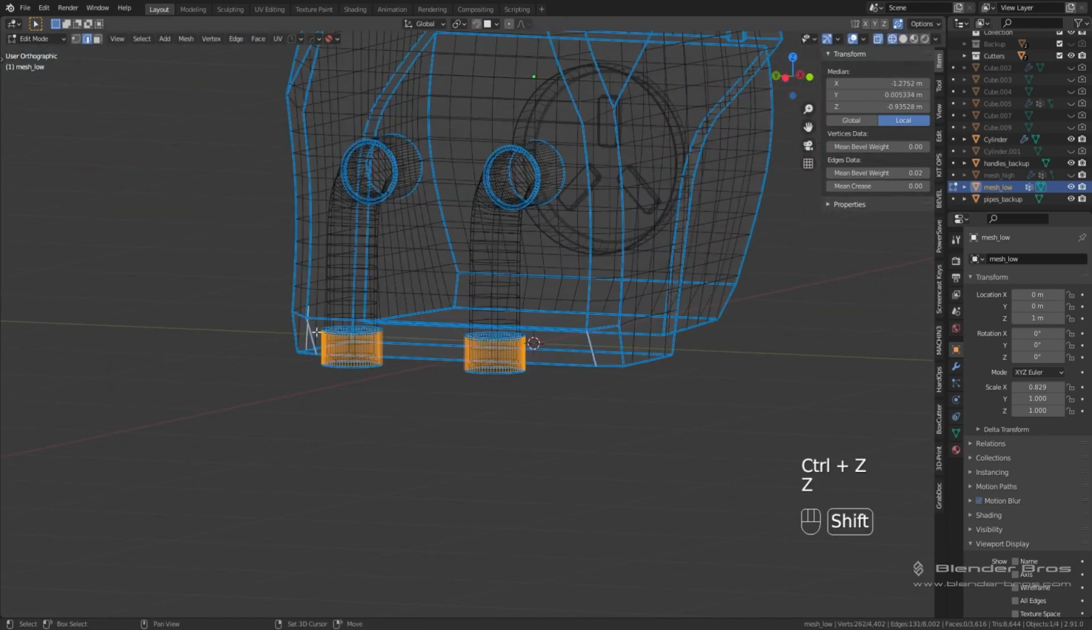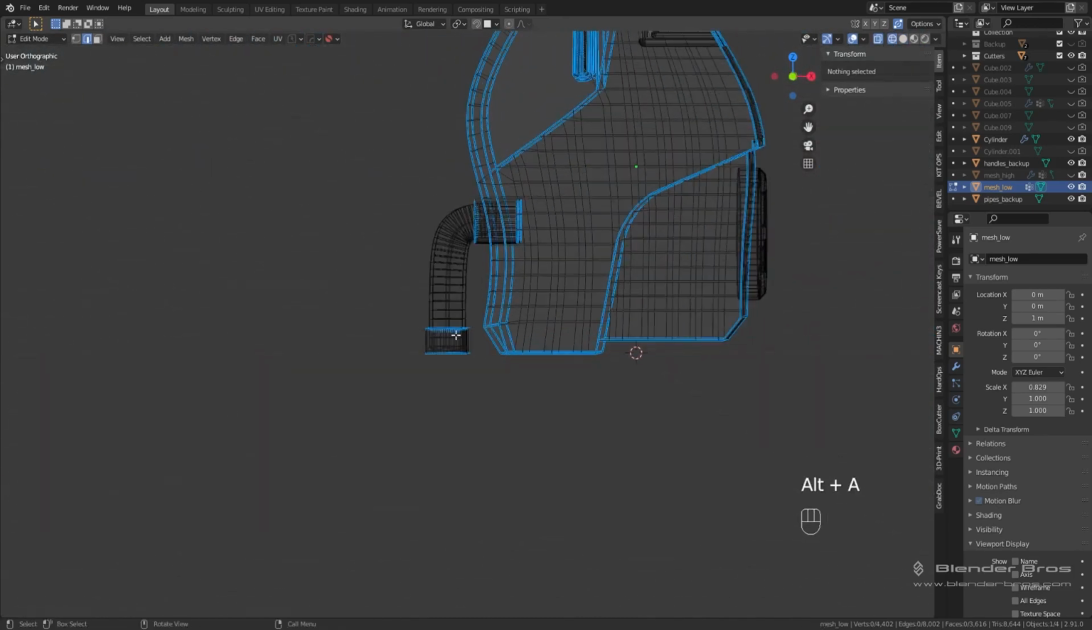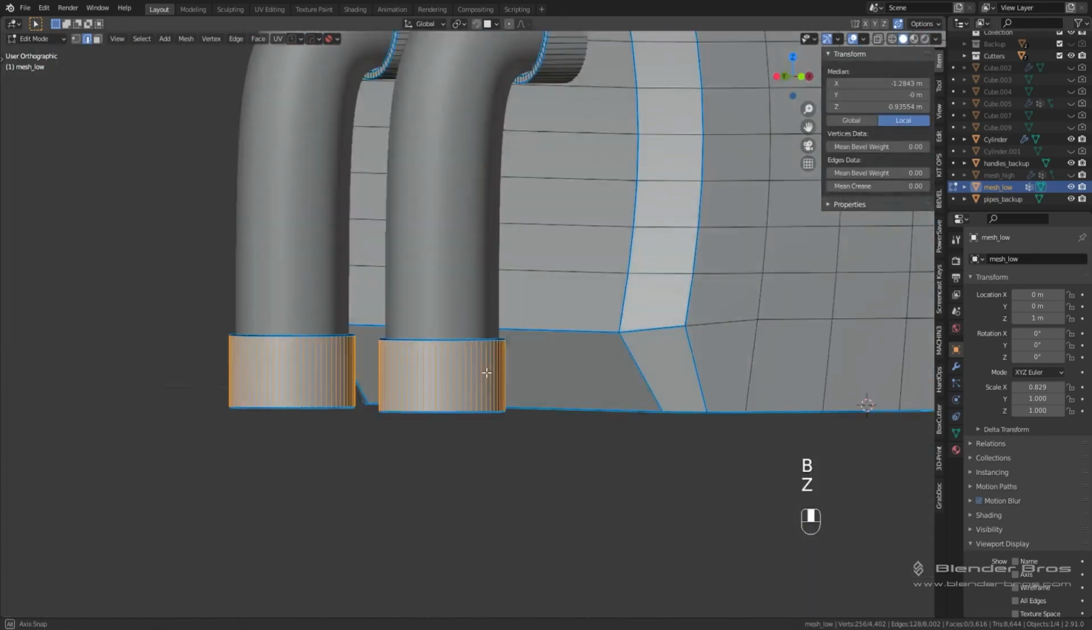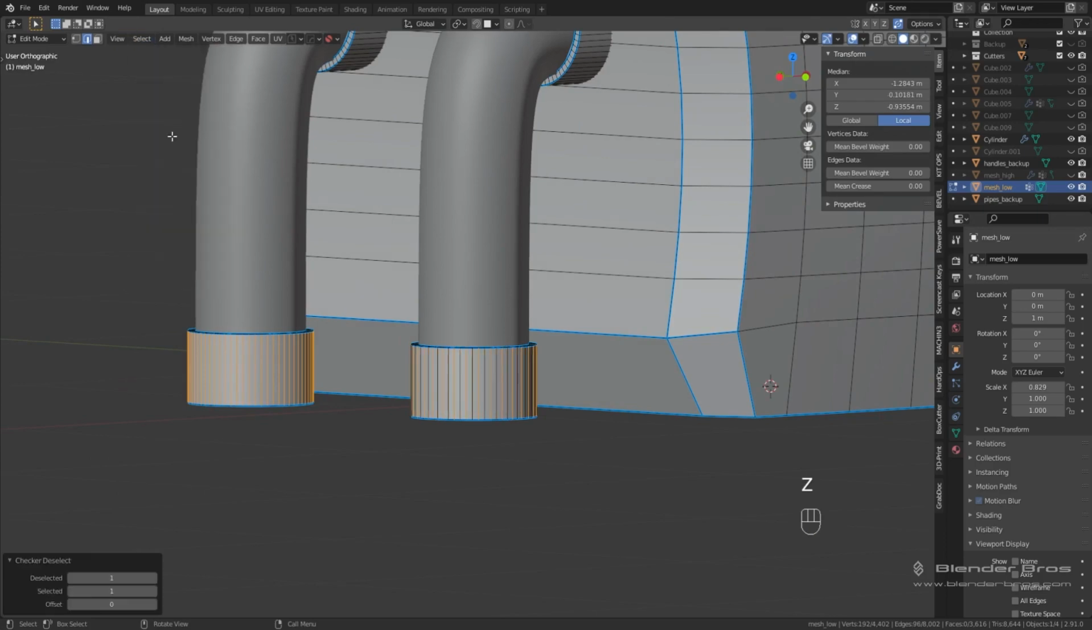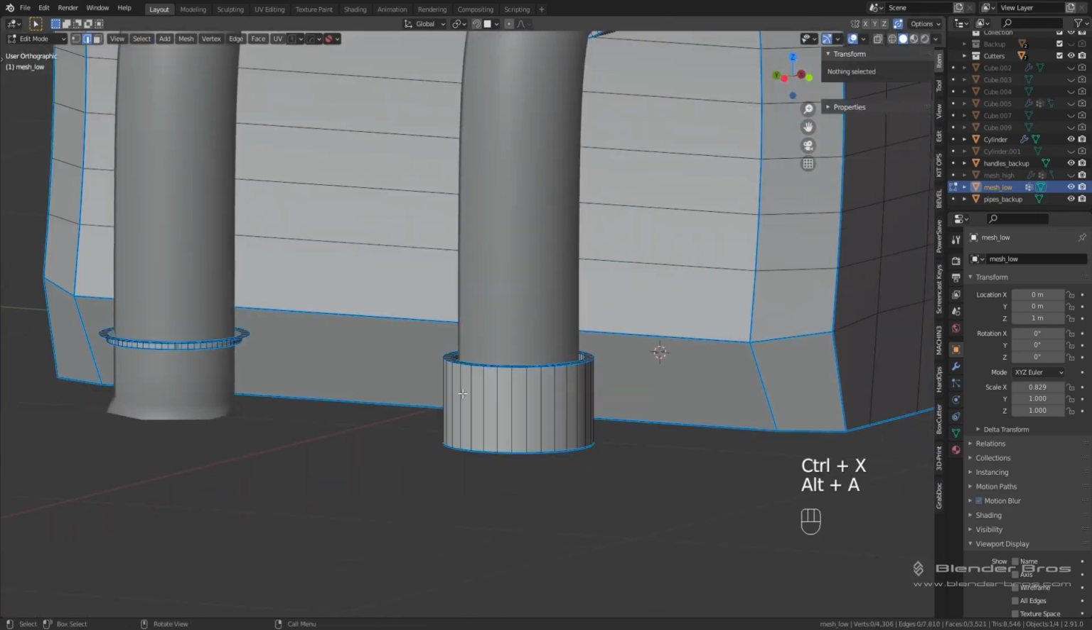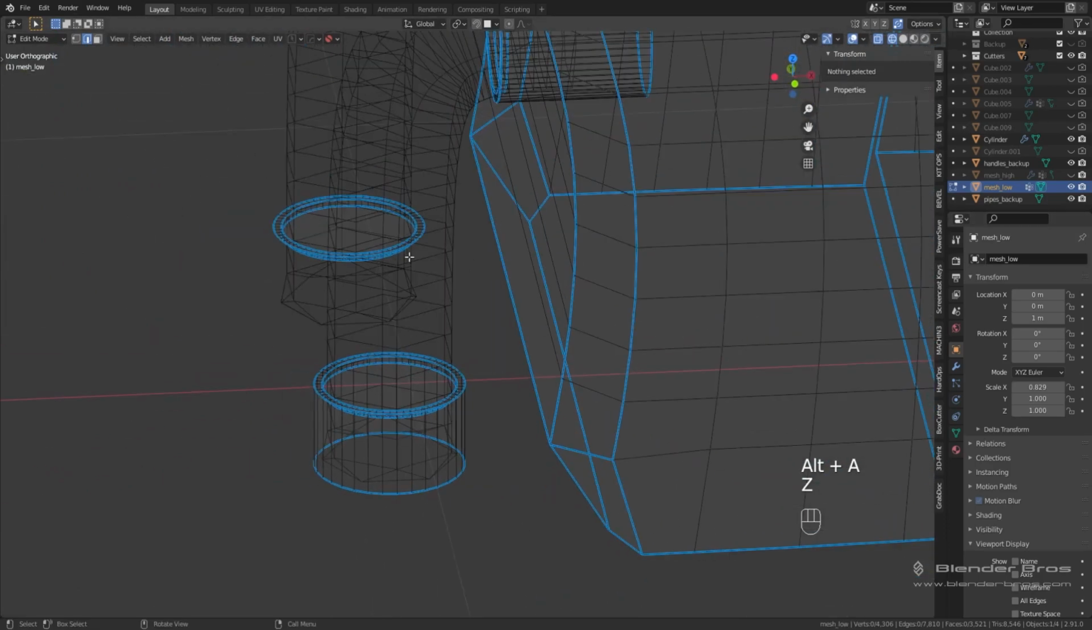Oh, why did it select those? I only want to select this area. There we go. Try it again. Select and then check or deselect. Control X, and don't mind this side. We'll just go ahead and